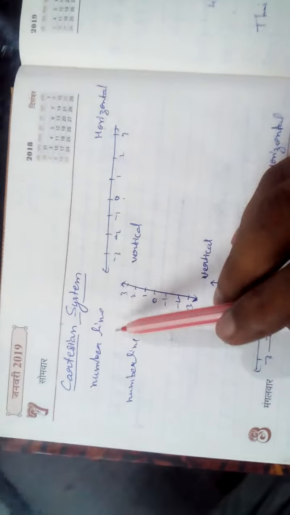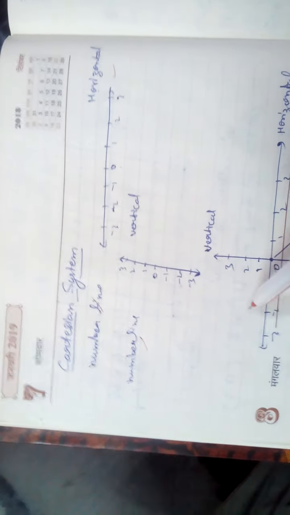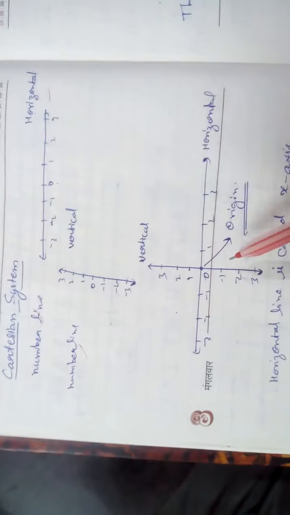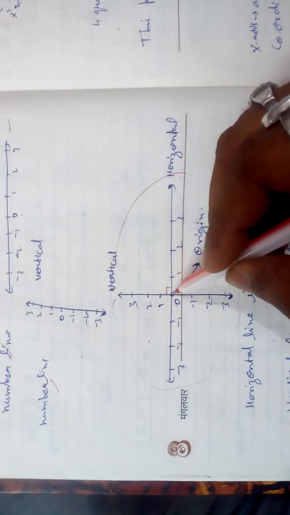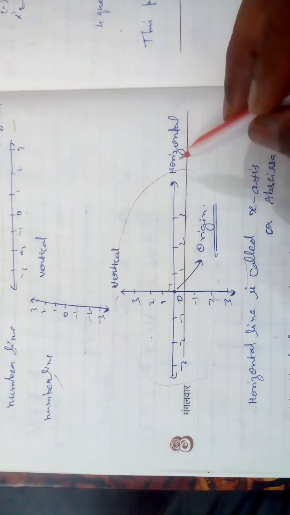Now we will see the Cartesian plane. What is the Cartesian plane? This is simply a number line. Two number lines which intersect each other at 90 degrees form a Cartesian plane. A horizontal number line and a vertical number line, when they meet, intersect at 90 degrees and form a Cartesian plane. It is called the Cartesian plane, which has two axes intersecting each other at 90 degrees. The point of intersection is called the origin. Horizontal line and